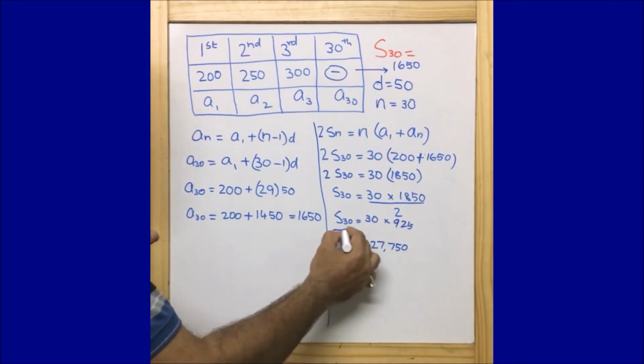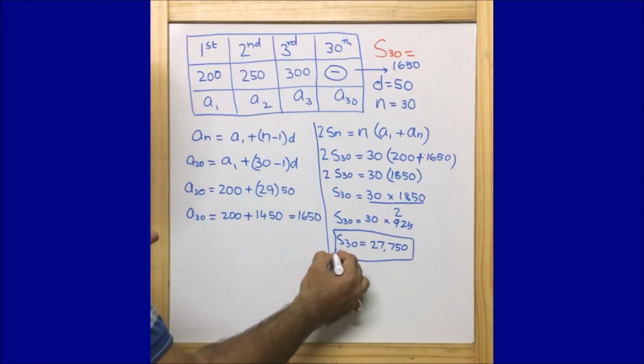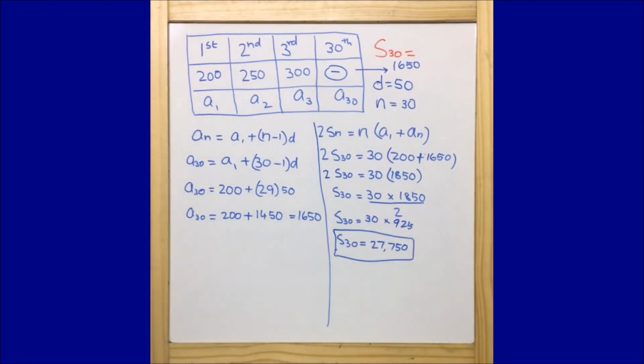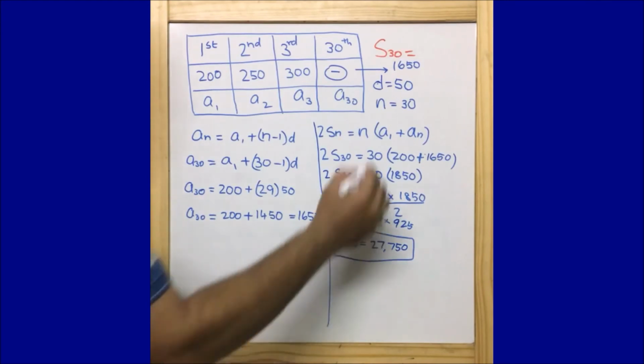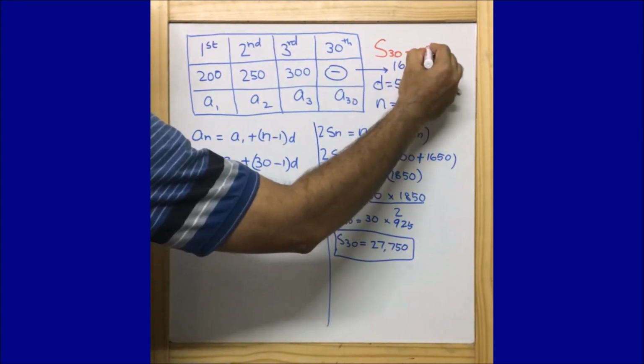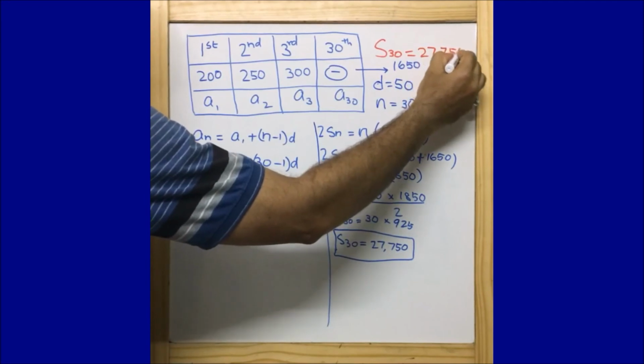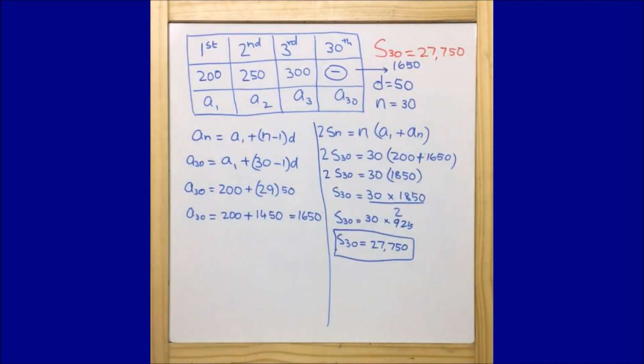So that's all guys. We are able to find out the penalty value that the contractor is going to pay as he has delayed the work by 30 days. This value came to be 27,750. Hope you understood this calculation. This calculation is super easy. Once you understand the question, then the calculation will become very easy for you.